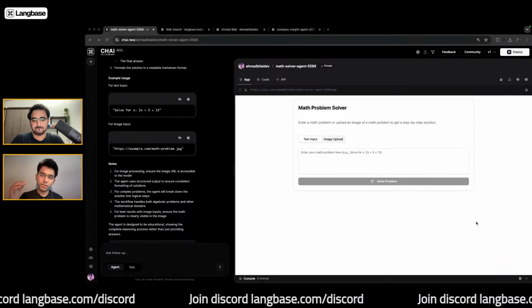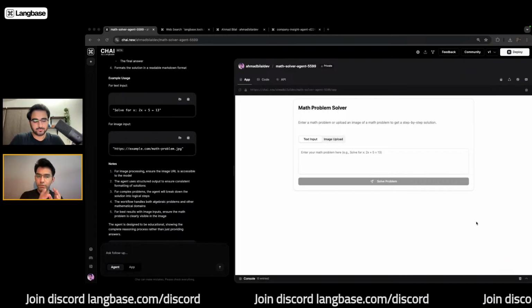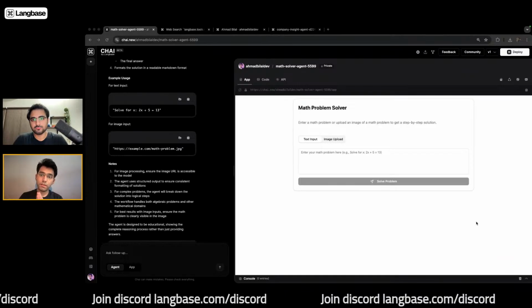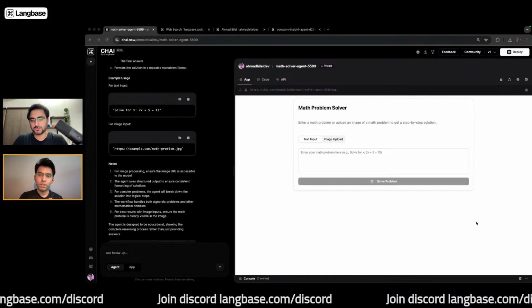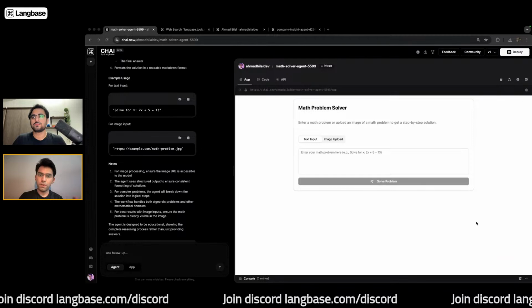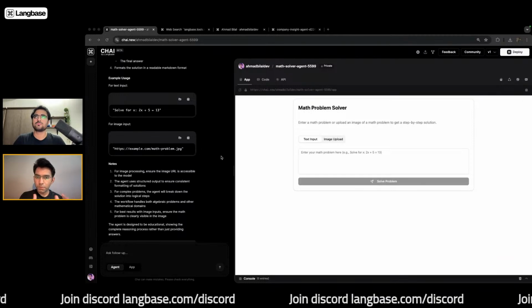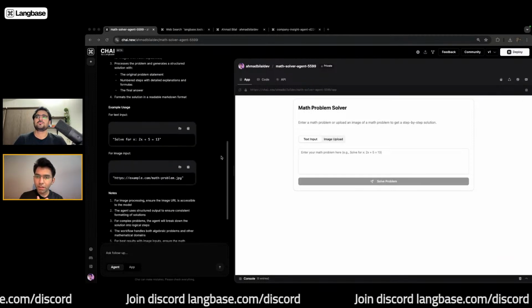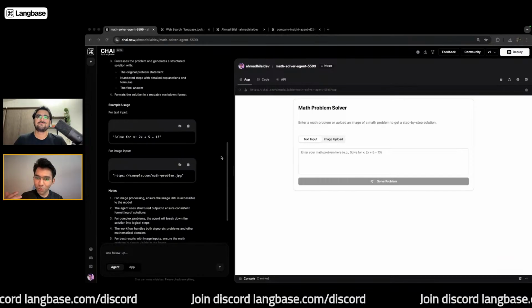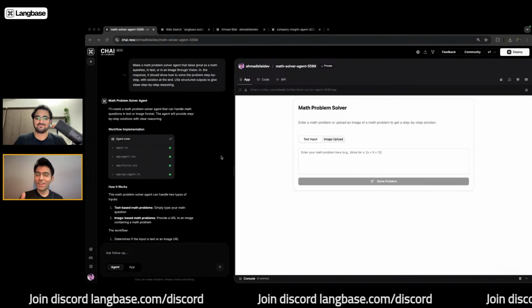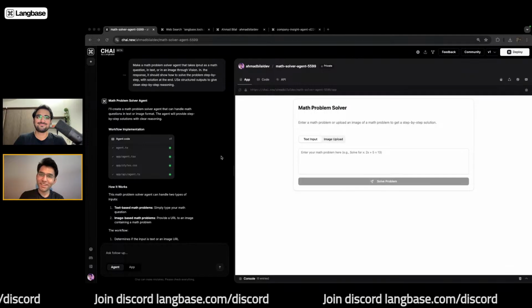That is relevant to what Bilal also added in his prompt, to go and use structured output to build this agent. Then for complex problems, your agent will break down.